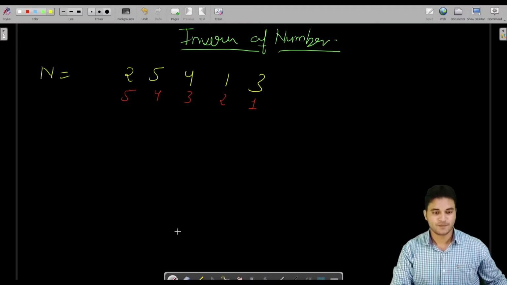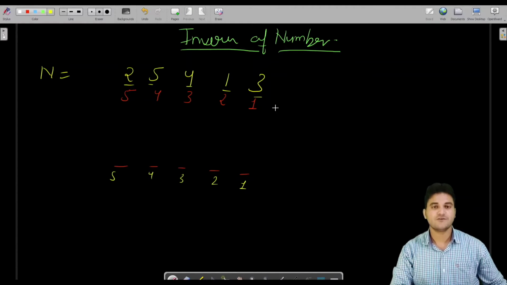What you have to do, firstly let us define the positions: 1, 2, 3, 4, 5. Of course, the inverse would be of the same size. This is first position, second position, third position, fourth position, fifth position. If 3 is on first position, then 1 would be on third position.